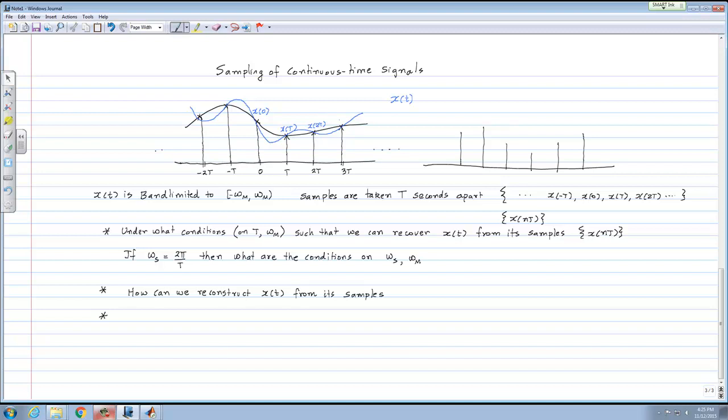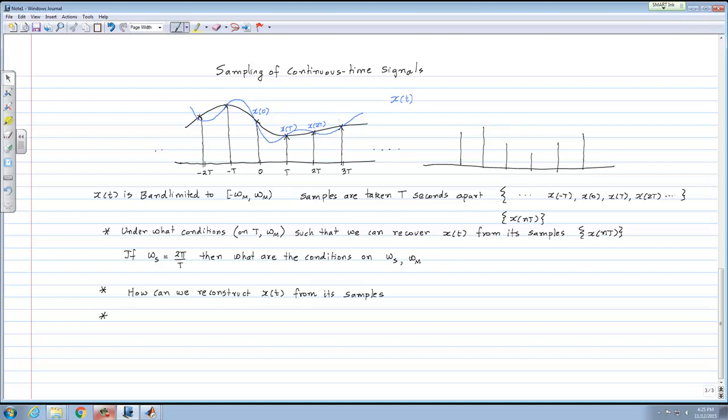Just guess something. Lines, not a bad guess. So you can draw lines between the given values. That would be one way to interpolate the signal. But that's not the only way to interpolate. Maybe I can draw some quadratic functions, splines, anything like this. So what is the right thing to do? My application is that I want to get my x of t back exactly. That's my application.